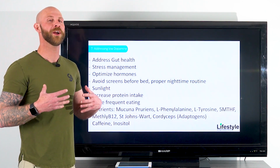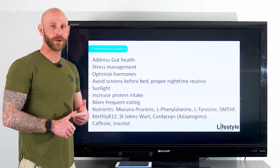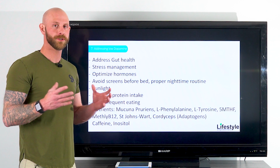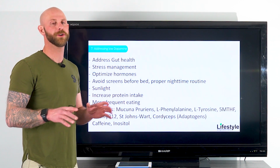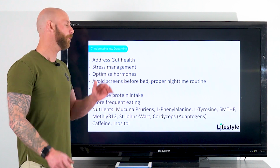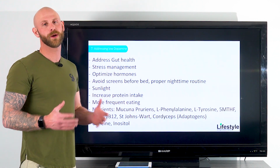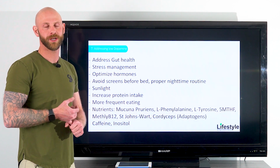We're going to be in a more zen state. Our adrenals are going to work better. We're going to have less neuroinflammation and all around just lower levels of inflammation. You're just going to be an improved human being, and you're going to feel your absolute best when you are addressing that gut health. In the meantime, to practice stress management, that is where we'll use things like meditation,